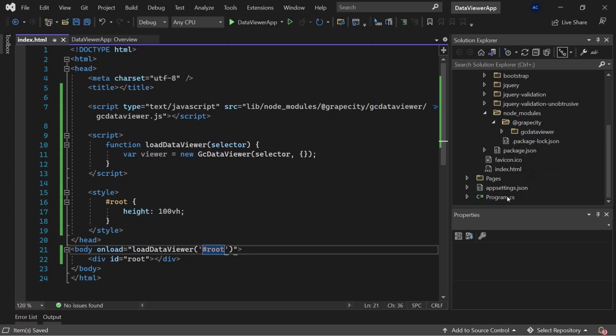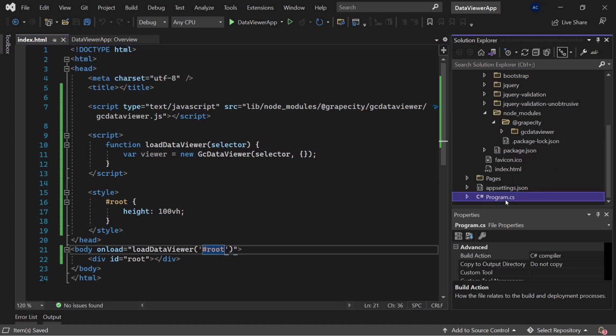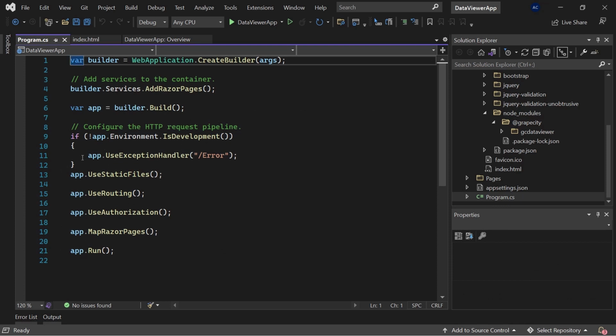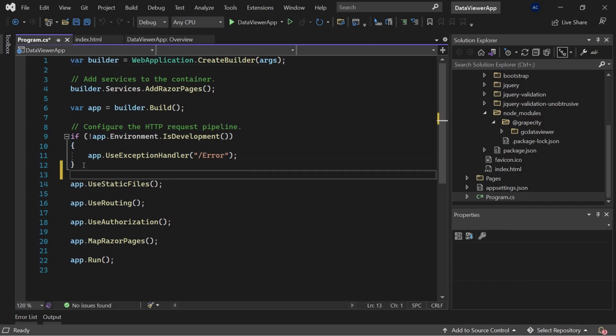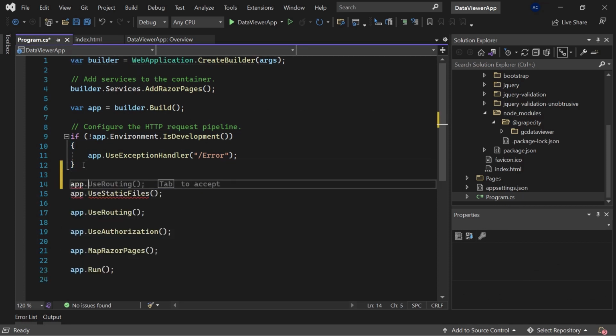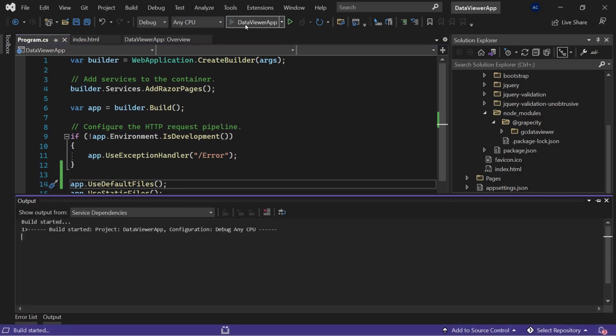Finally, configure the Program.cs file to open the default HTML page and load static files in the browser. Click Save and run the application to launch the Data Viewer in a browser.